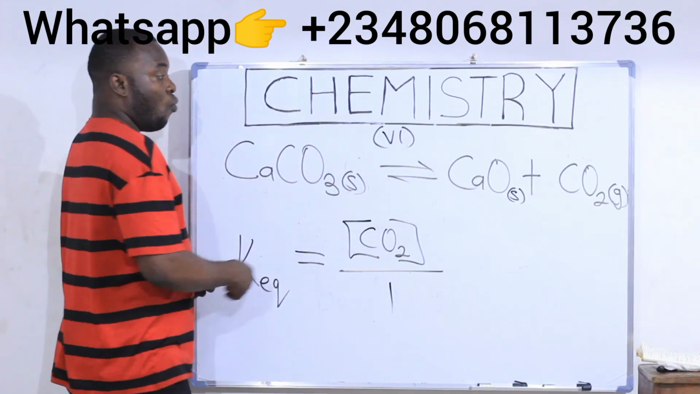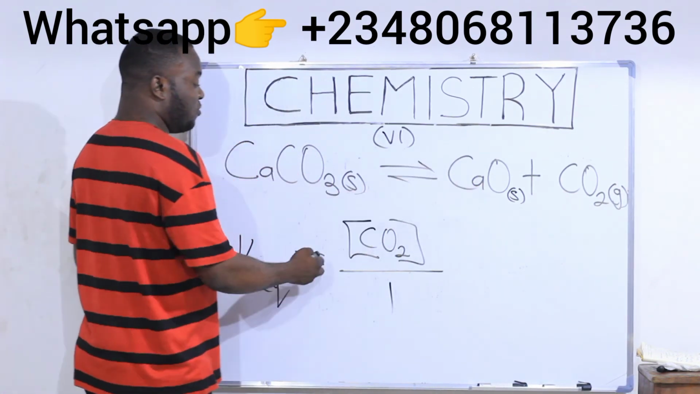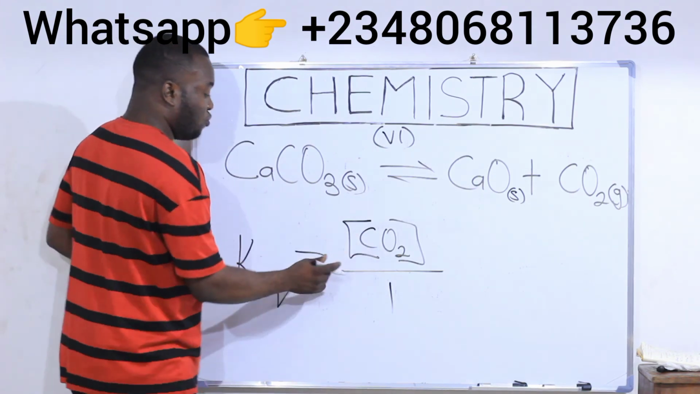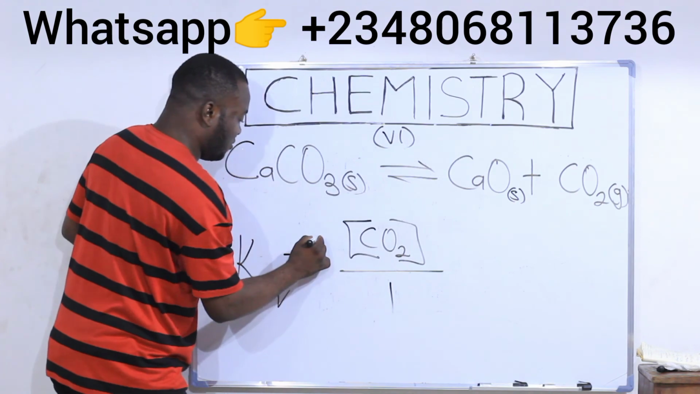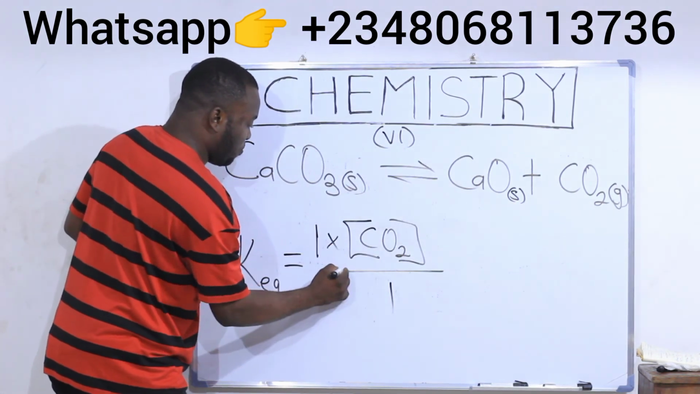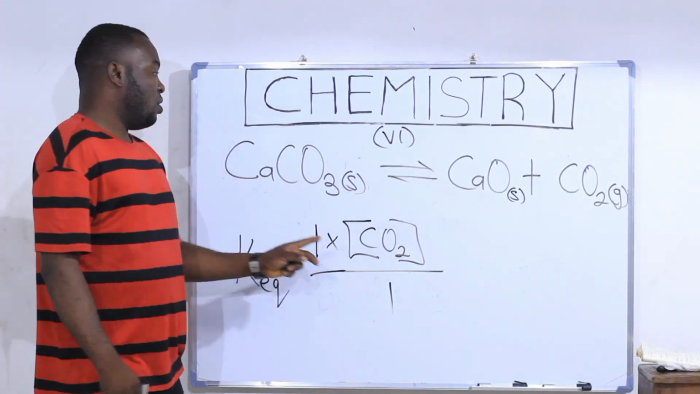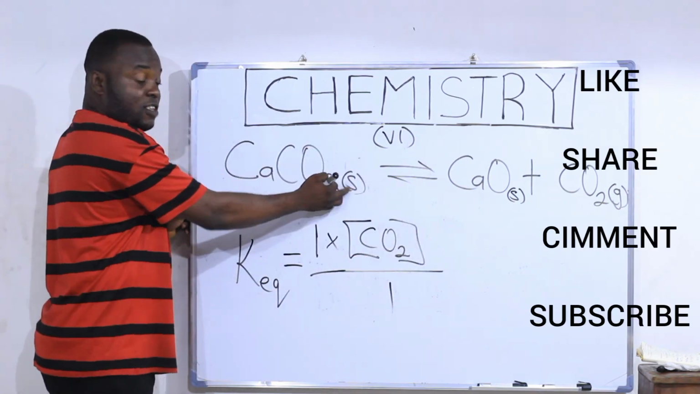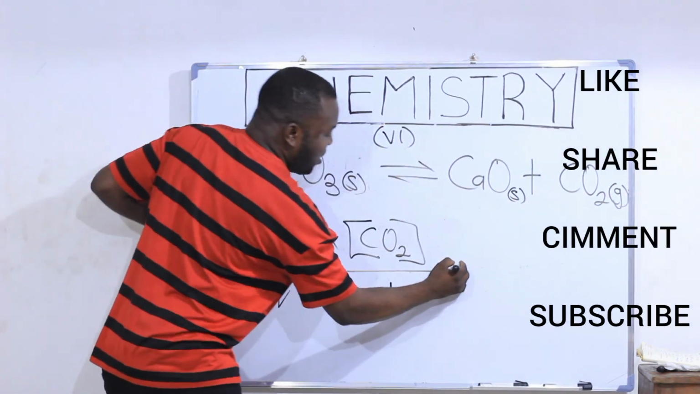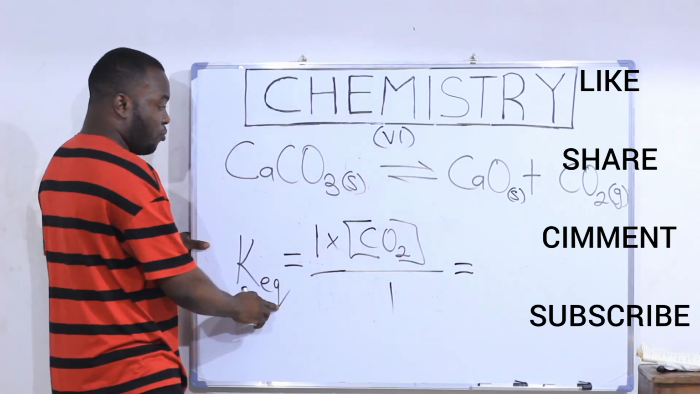As I said, we can decide to include this, we'll call it 1 multiplied by CO2. Let's do that. Because the concentration of solid state substances is assumed to be 1 multiplied by CO2 divided by the 1 of the reactant, and since the reactant is a solid state, it is 1. Our final answer says that equilibrium constant